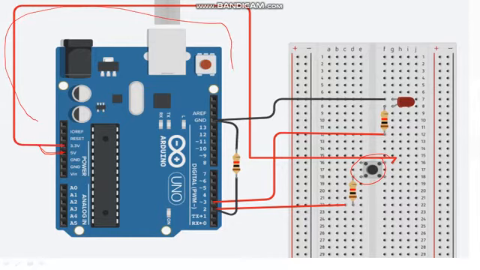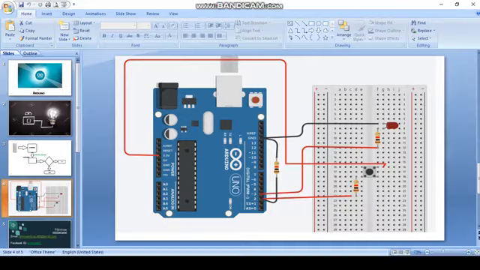This high value will be short circuited and sent to pin number 2, and pin number 2 will read the high value and we will store it in some variable, let us say x. Whenever this condition is satisfied, we are making digital pin 3 high, therefore the LED gets on. Simple.